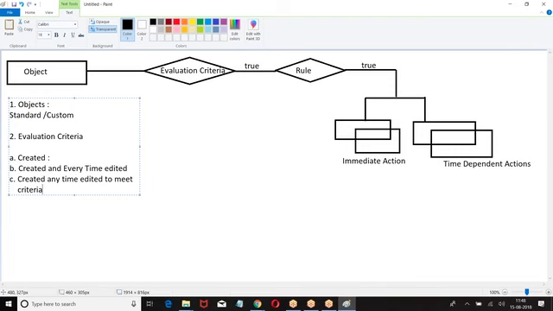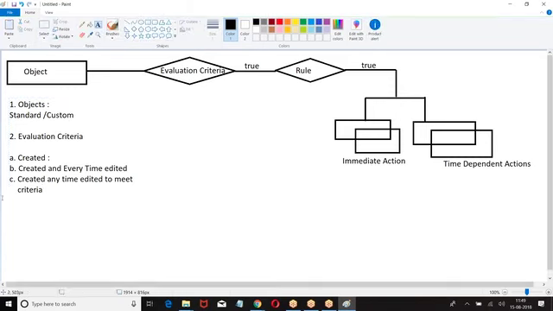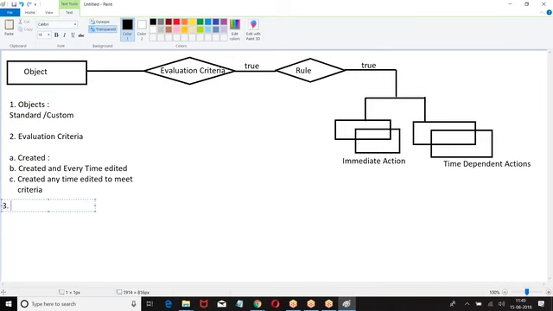Now out of these three, if I choose the second one, I cannot create a time-based workflow action. If we choose the evaluation criteria as created and anytime it is edited, I will not be able to choose time-based workflow action. Okay. Then rules. In how many ways can we create the rules? One is criteria based. Second one is formula based.